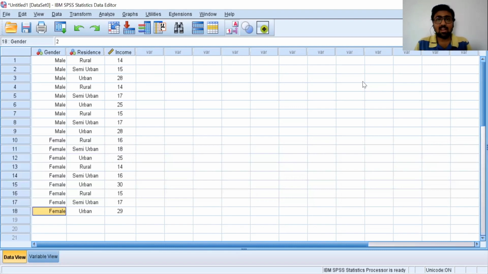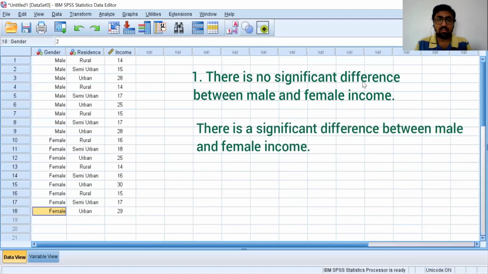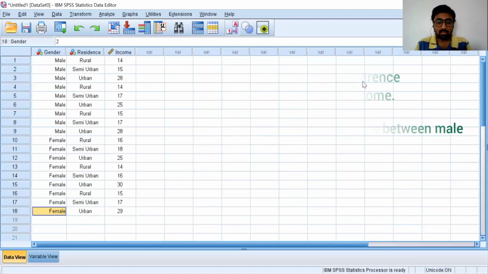So our first null hypothesis is there is no effect of gender on income, or there is no significant difference between the male and female income, against the alternative hypothesis of a significant difference between male and female income. This is our first null hypothesis associated with the first effect.